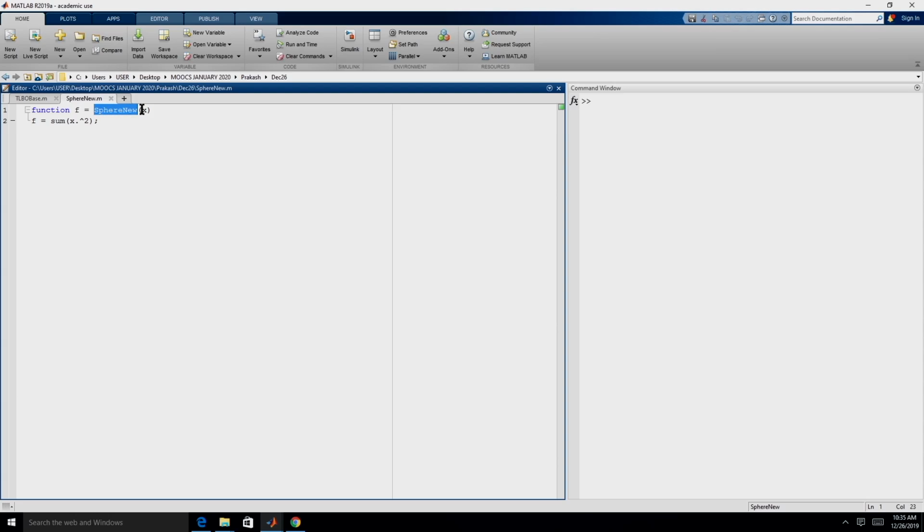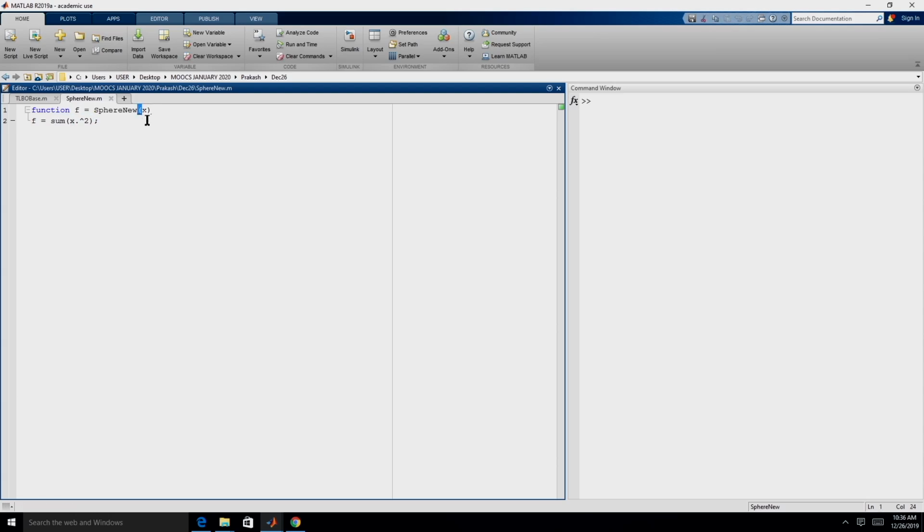So, here we expect that whenever this file is called, we are given the decision variables, right. If there are 2 decision variables, let us say x1 and x2, it will do the summation of x1 square plus x2 square. So, this x dot power 2 will square each element and then the sum will sum the entire vector, right. So, that way this objective function is independent of the dimension.